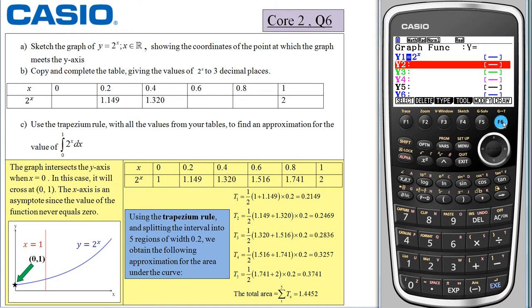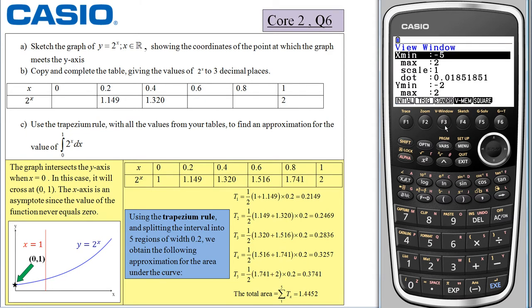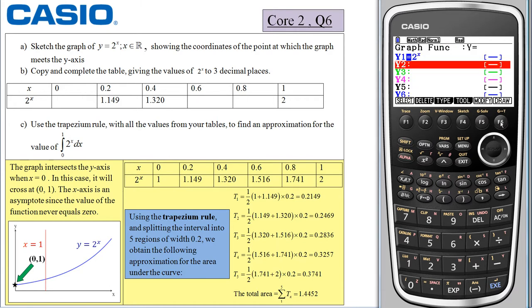If I press exit and draw again, if I change the V-Window, F3, by altering the values in V-Window, it may be more obvious that the x-axis is an asymptote. Let's try by changing the y minimum to minus 0.5 and the y maximum to 0.5. When I select execute one more time and F6 to draw,